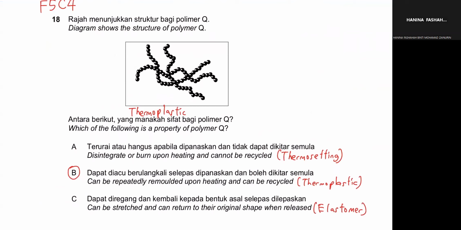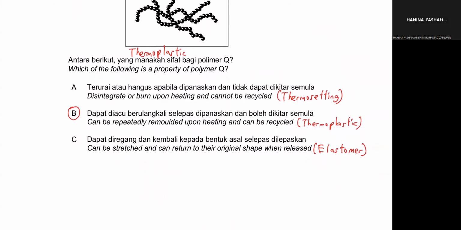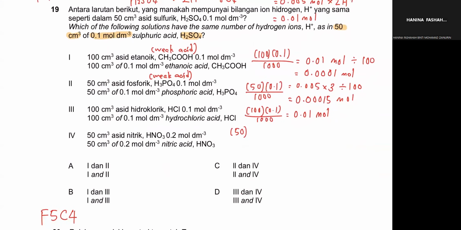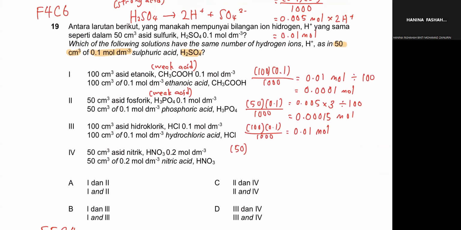So from chapter 4, the thermosetting, thermoplastic, and elastomer. This one is the shape of thermoplastic. Thermoplastic means can be remodeled, can continue to heat, and change shape. It will not suddenly burn or disintegrate. Question 19 is, wait, 19 is